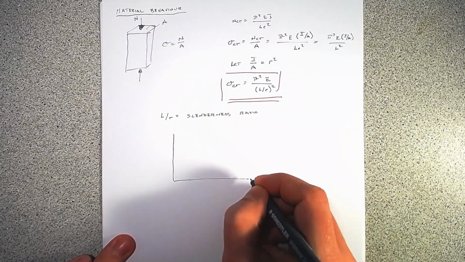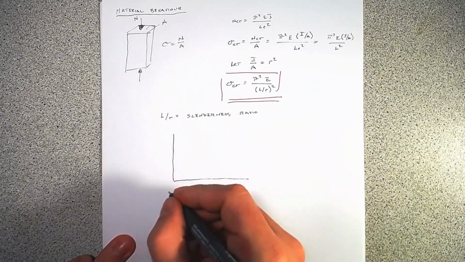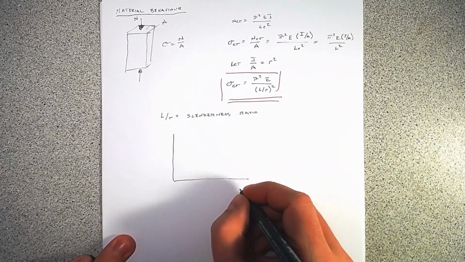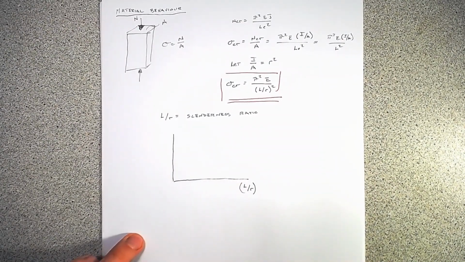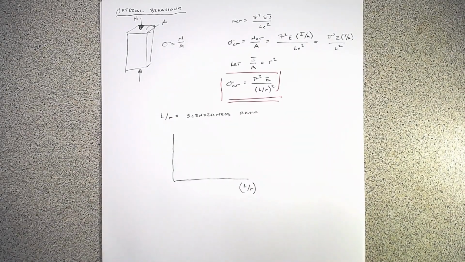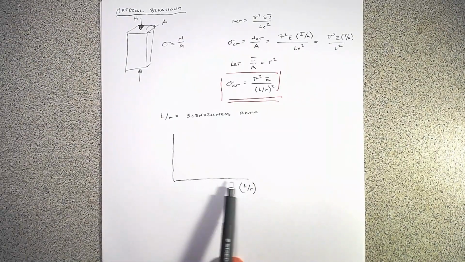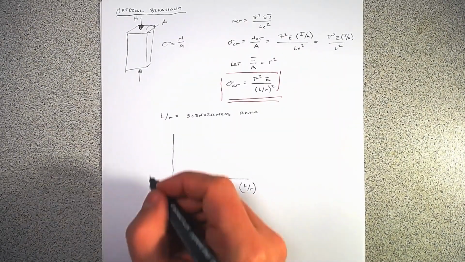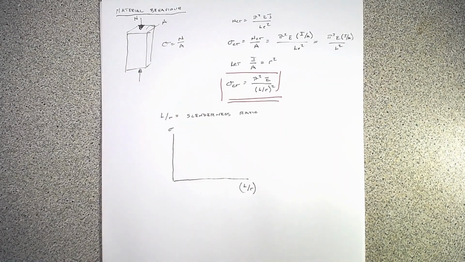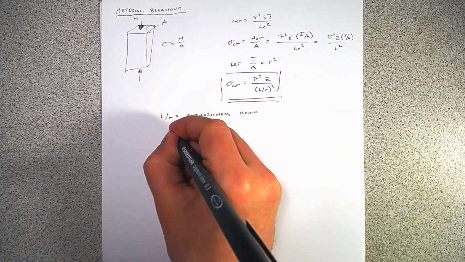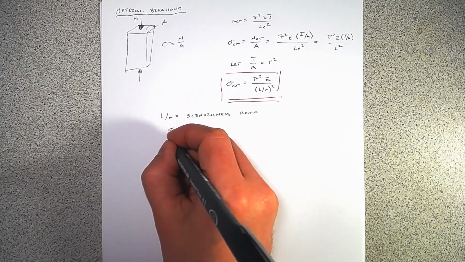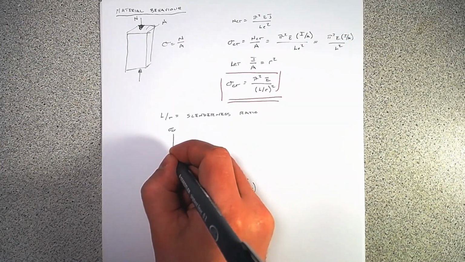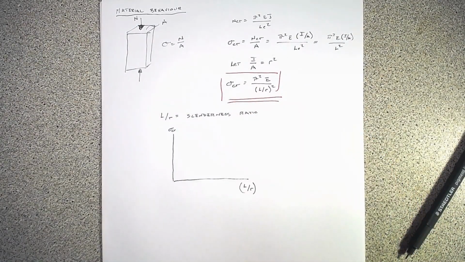So in this case, what we're going to look at is steel members. On the horizontal axis, we'll plot our slenderness ratio. Think about this as our section geometry changes. This is our independent variable, and we want to look at our dependent variable, which is the stress. In fact, we'll call it our critical stress that we plot. So if we plot up this equation,